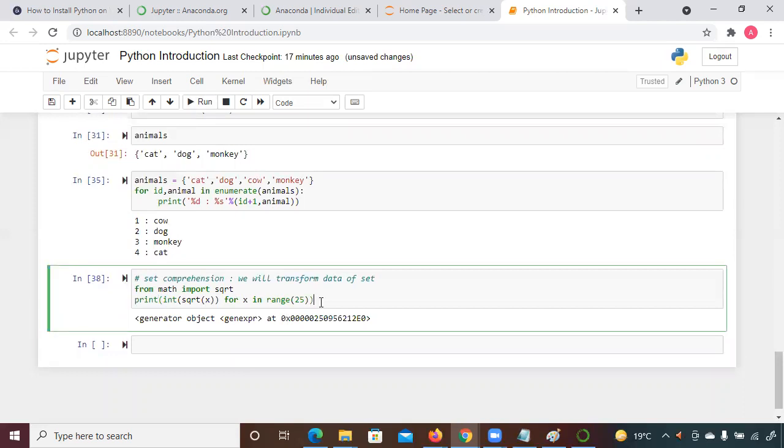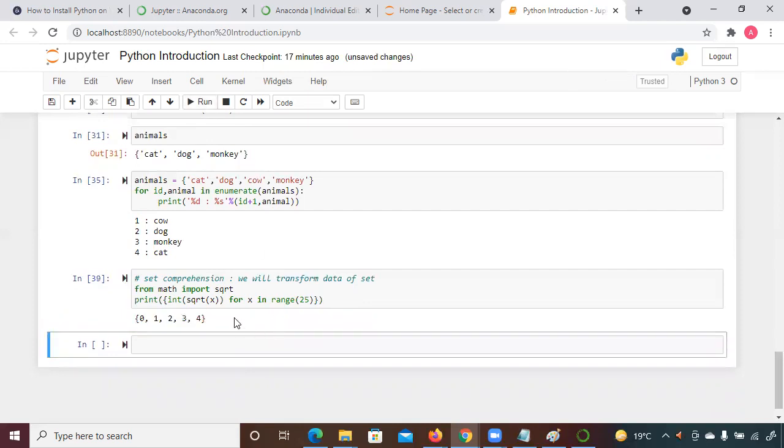Let me check it. Print inside this, let me give a curly brace. Yeah, now it's coming.